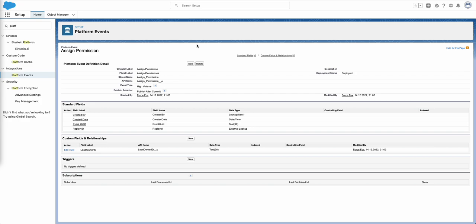Platform events are used, let's say, to harmonize business processes between Salesforce and third-party tools. That's basically it. So let's say you have a third-party tool like HubSpot, MuleSoft, Dun Bradstreet, or whatever, and you have processes in one system, and this will automatically trigger processes in Salesforce itself. Then you can use platform events to link it, or